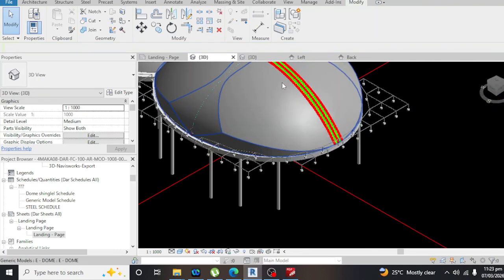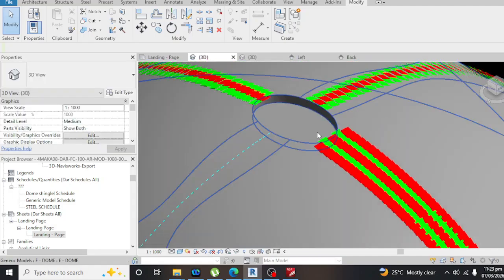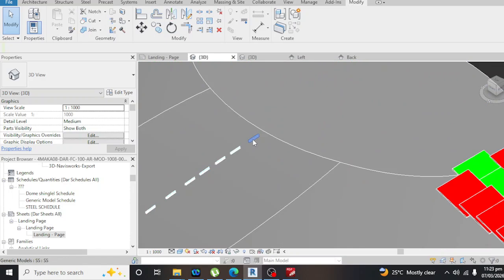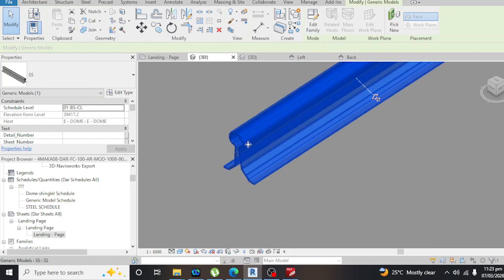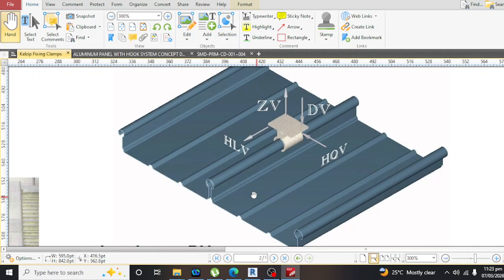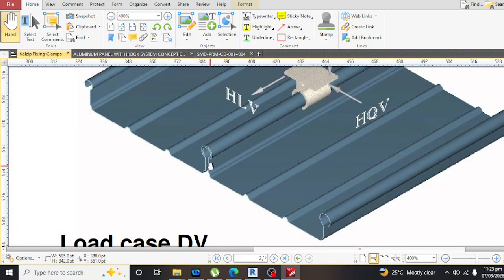On the Revit software, for the roof, I made this clamp on the roof. They didn't send me the original length, the dimension of the roof, also the height of the roof. The clamp on the roof is going to be cramped.